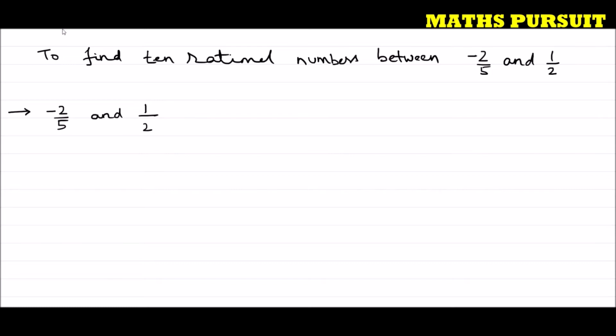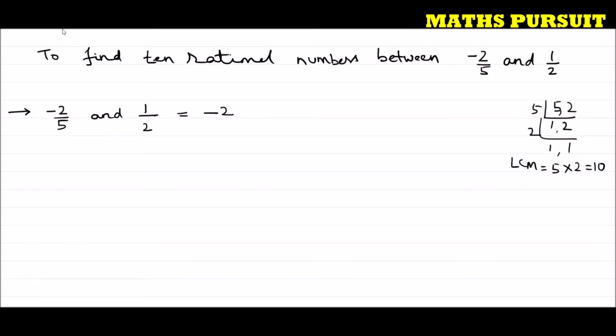So in order to make the denominator look similar, here if you look we have 5 and 2. If we need to find out the LCM, 5 ones are 5 and 2 ones are 2, and the LCM that we are getting is 5 into 2, that is equal to 10. So I require 10 in the denominator. Now how to do that?